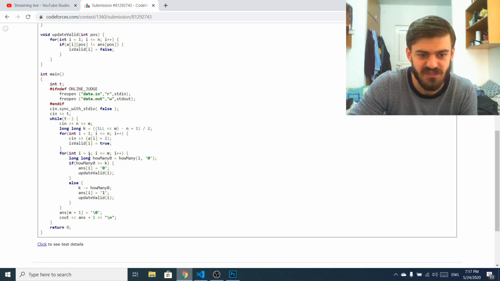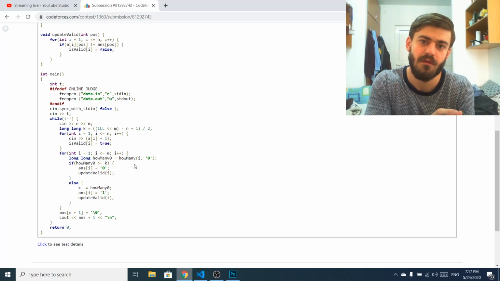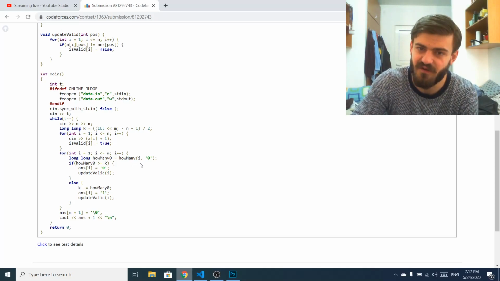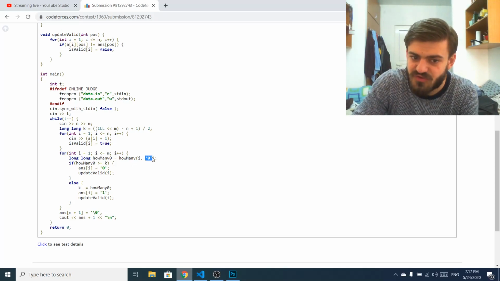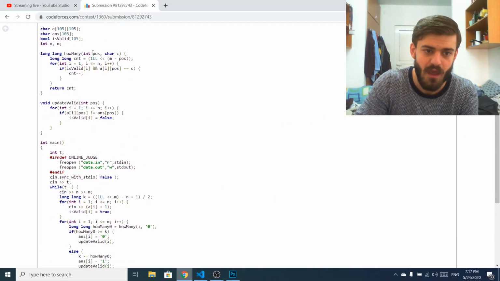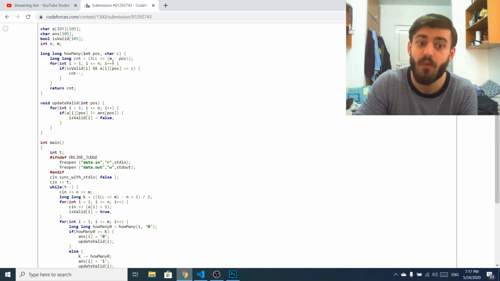For each and every position from 1 to m, I see what's going to happen if I store a 0. So I have how many 0 equals how many of i and 0. And this means how many numbers are going to have the same prefix of length i with me if I would have to store a 0 here, right? So let's take a look at how many of pos and c, and the counter is initially 2 to the power m minus pos,